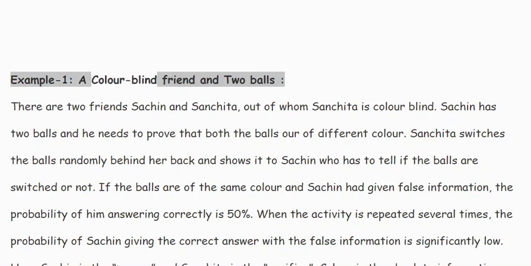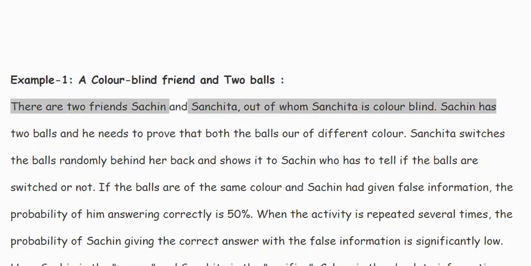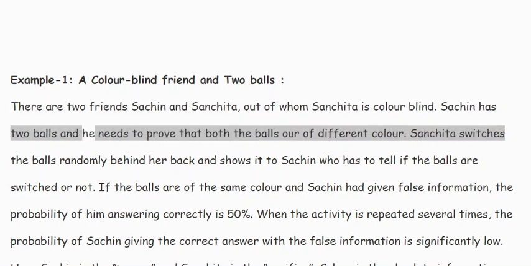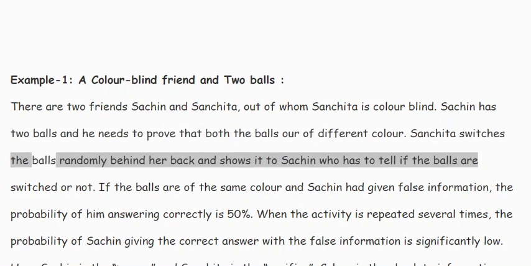Example 1. A colorblind friend and two balls. There are two friends, Sachin and Sanchita, out of whom Sanchita is colorblind. Sachin has two balls and he needs to prove that both the balls are of different color. Sanchita switches the balls randomly behind her back and shows it to Sachin, who has to tell if the balls